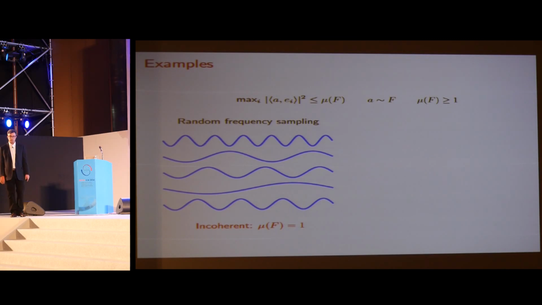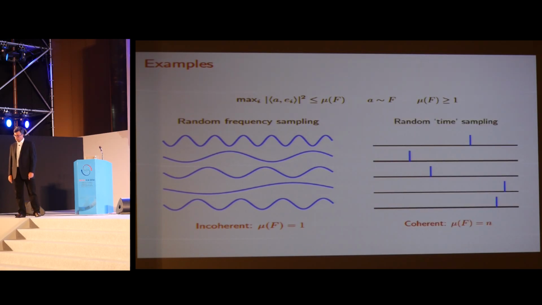The first is the case of Fourier sampling, like in our MR problem. In this case, the sampling vectors are as globalized as they can be because they're sinusoids, and so I'm in a very incoherent case. They're not correlating well with the basis vectors. And the opposite is, of course, what you do not want to do, which is the situation in which the sampling vectors are themselves canonical elements. In that case you have perfect correlations, and so the coherence is maximum.